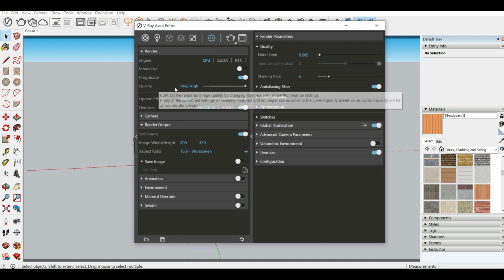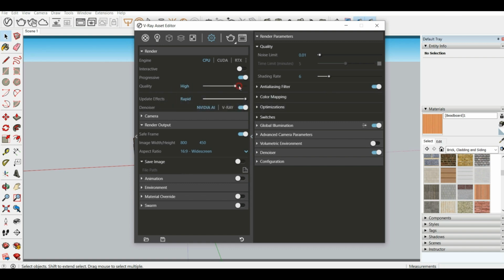So also you can open this right arrow and view some more settings here. Now as I have kept the quality at very high, all these settings are enabled, but as soon as I lower the quality, some changes can be seen here. Now these little settings, you'll have to practice using, as every scene requires a different set of settings. Like if you have made a scene with the settings that I tell you, and you want to add just even a single light, that can change the whole render of the model. Like it may increase the brightness or highly increase the exposure, so you have to keep that in mind and